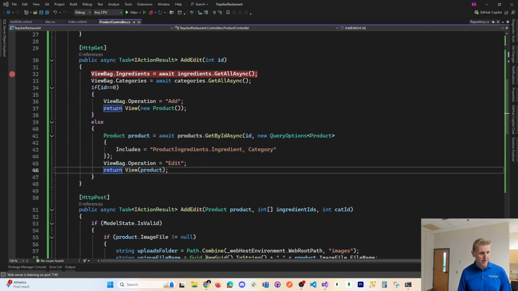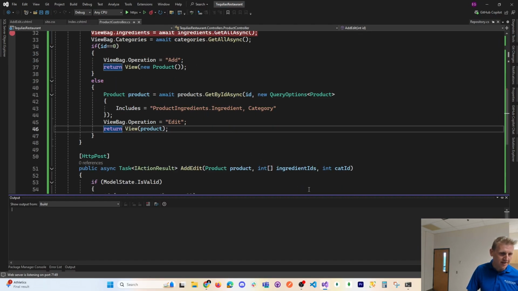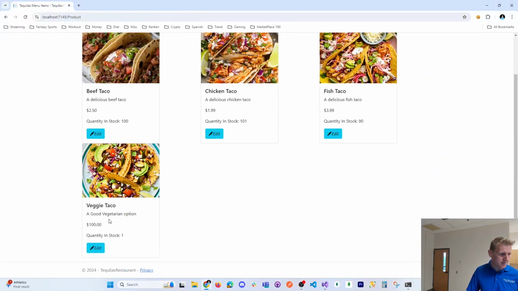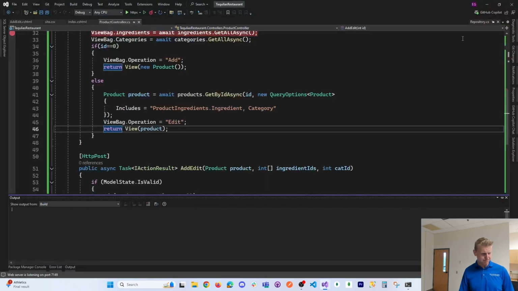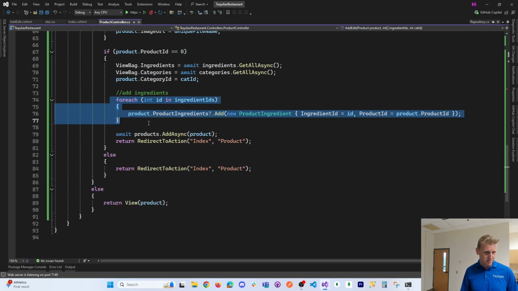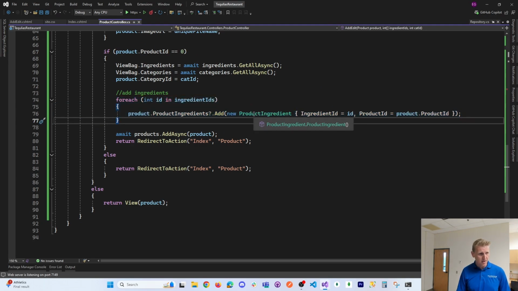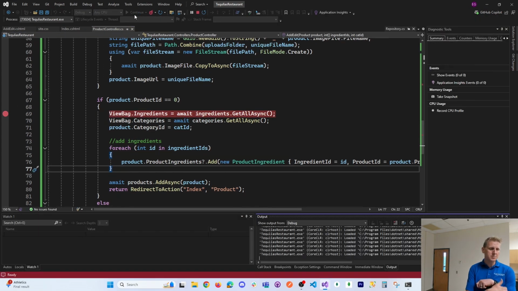It's just that for whatever reason my add didn't work correctly with my product ingredients, and so my veggie taco did not add the ingredient list properly. That's kind of where I've landed. The problem is, if I actually look in my database, my veggie taco doesn't have any ingredients. I was troubleshooting this, and it looked like my product ingredients were in fact going in, but ultimately